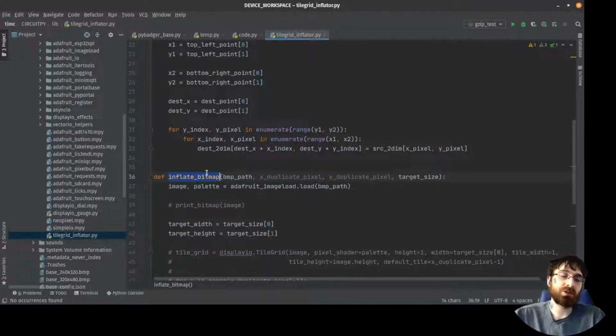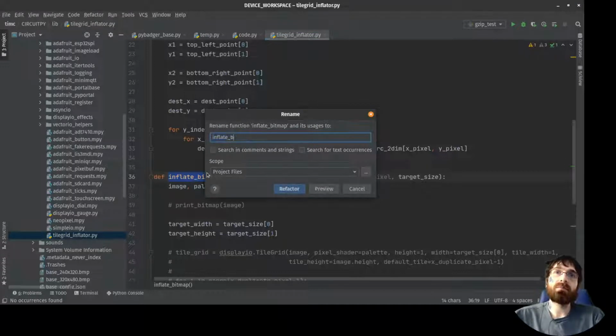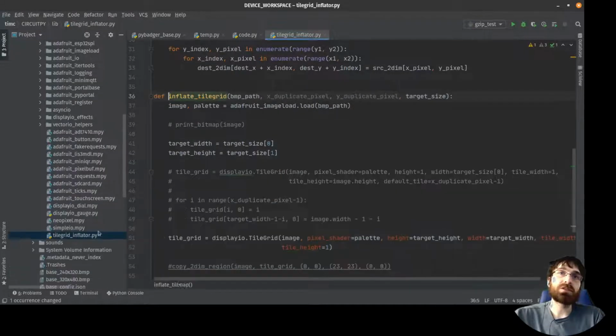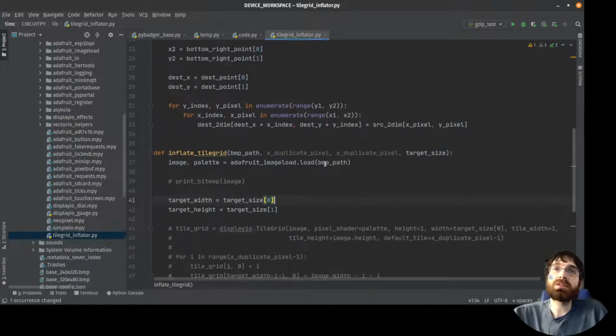So I think I'll also change this. Inflate tile grid. Okay, yeah, we found uses. Do refactor. This changed it in both places, which is nice. And now that's the easy part. So next we've got to actually change the way this works. So